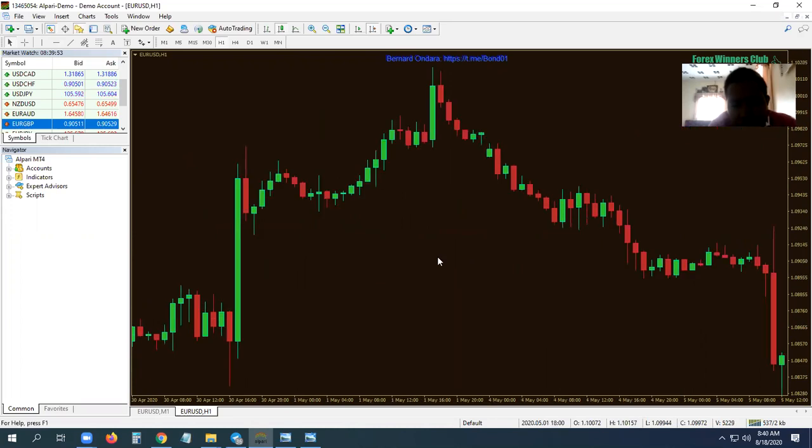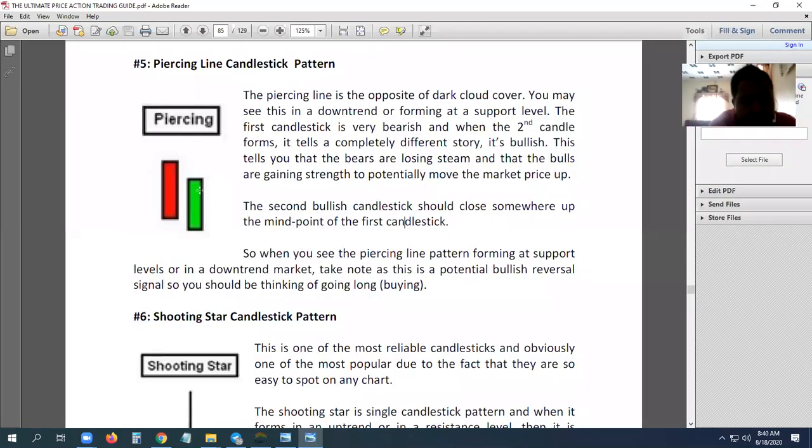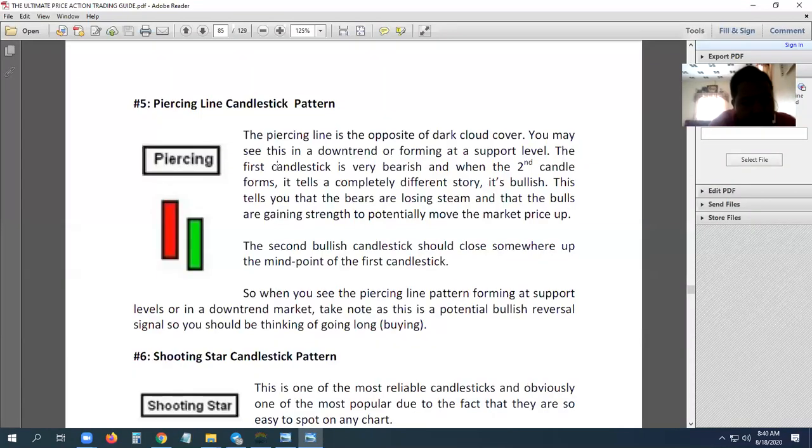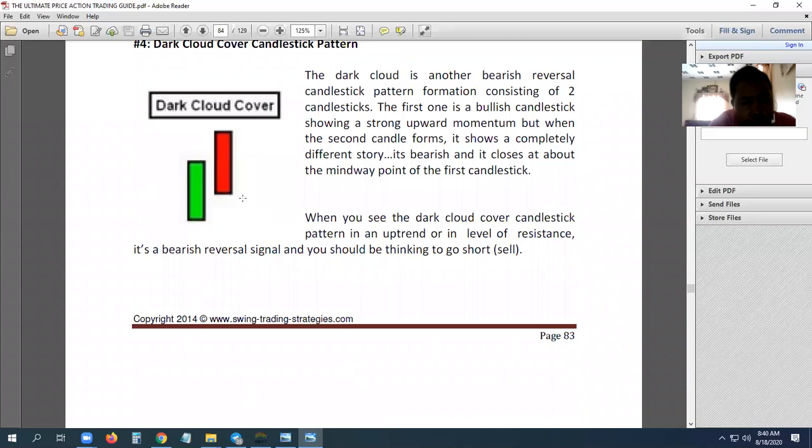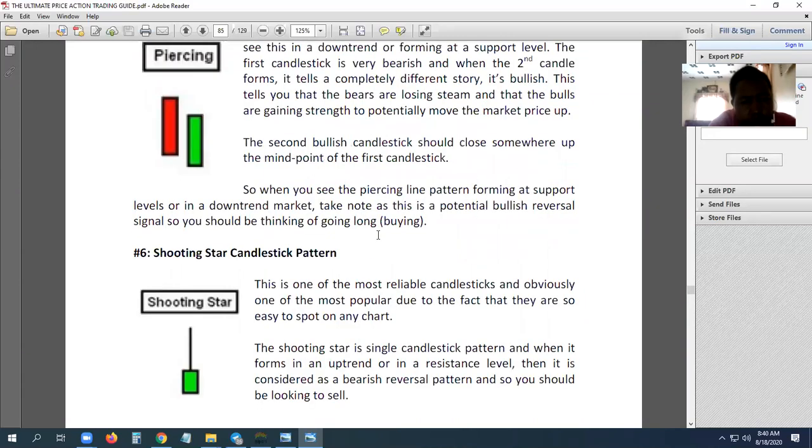So that's the pattern. And like I've told you already, when you see this one, it says the market is likely to go up. When you see this one, it says the market is likely to go down. The last candle is important. The last candle tells you what the market intends to go. Let's go to the